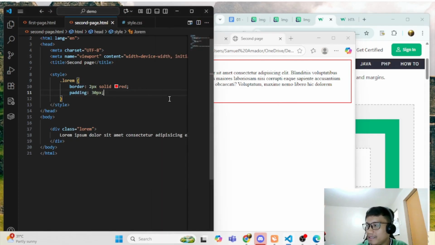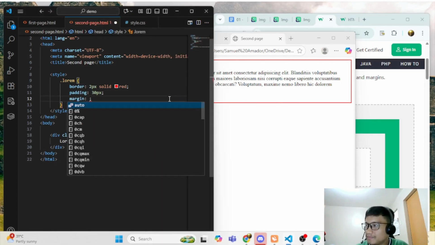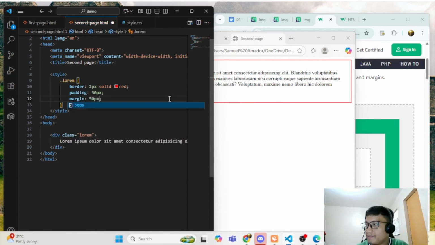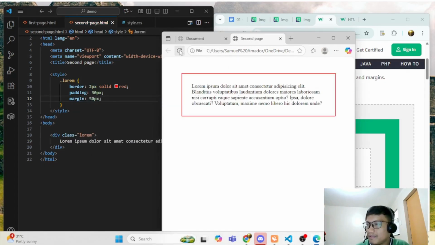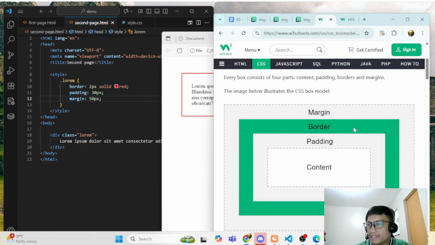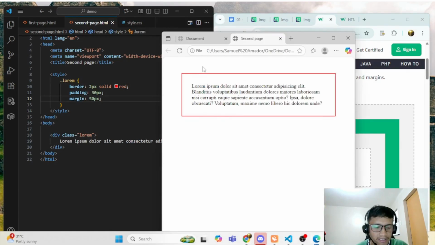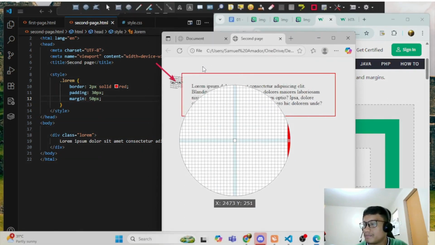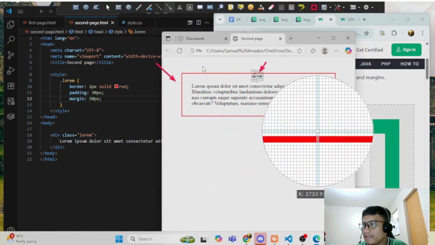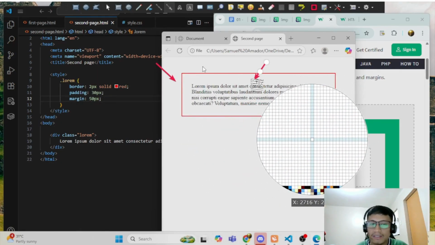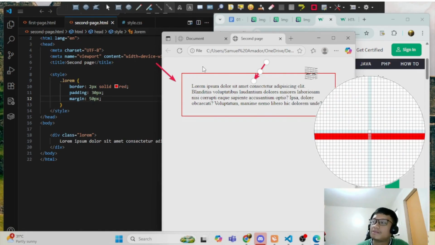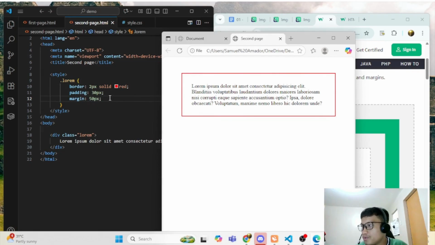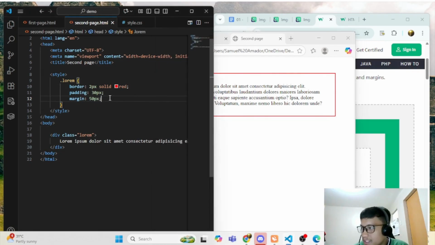And then when I add here margin, let's say 50 px. Okay, so the margin is outside the border. So as you can see here, okay, so this is the margin, and then inside this is the padding.